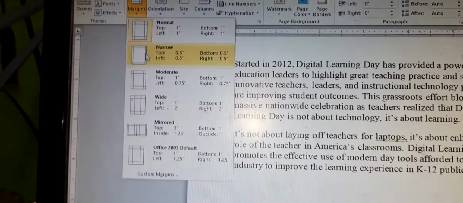By default the gutter margin is 0. Basically the gutter margin is the portion you leave after drawing the margin: you provide some space and after that you start your writing. The space between the left margin and the start of your write-up, that portion we call the gutter margin. So by default it is 0. If you want you can apply it, otherwise you can select 0 and then click on OK.